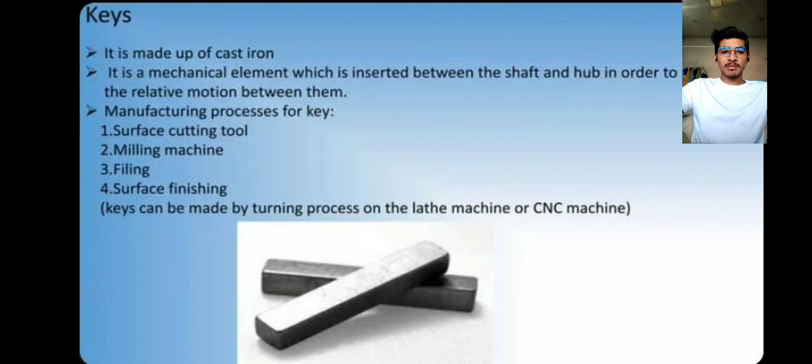So we will see the manufacturing process of keys. It is made up of cast iron. It is an essential element. It is a mechanical element which is inserted between the shaft and hub in order to prevent the relative motion between them. Manufacturing process for key: